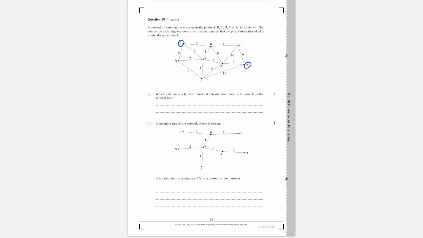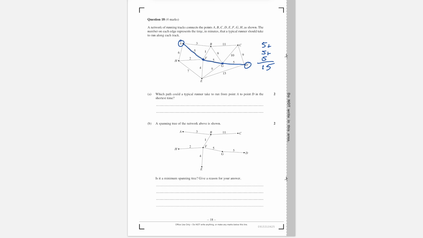And to get there, first we're going to choose the most efficient path, which is the most direct path. And, just following this line, AF, F to G, and then on to D. Let's see what that adds up to. So 5 plus 5 plus 5, it's going to be 15. All right. So that's a good answer,